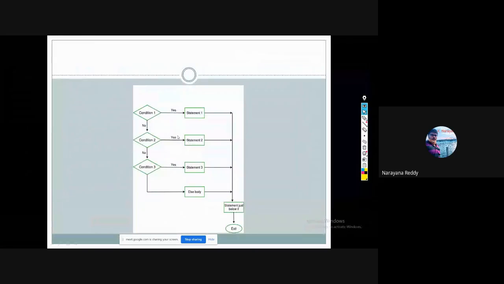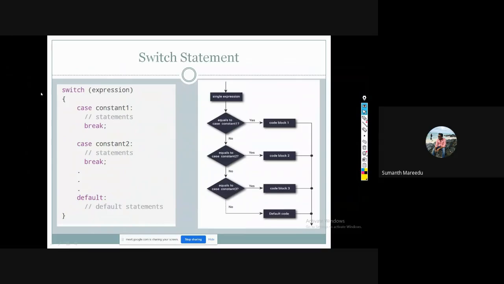Okay. So we have one more multi-way selection statement. That statement we call the switch statement. It is a bit similar to your else if ladder. So you observe the right side flow chart. It looks like your else if ladder flow chart. But the major difference between these two things is,